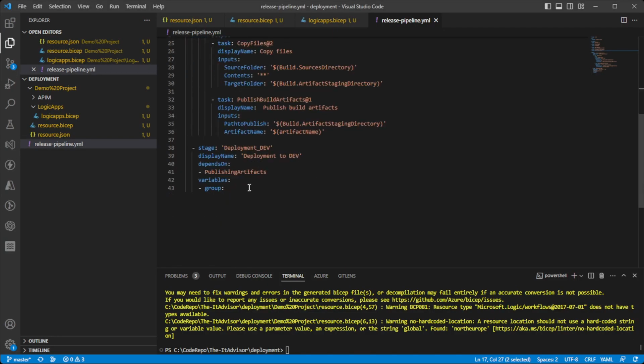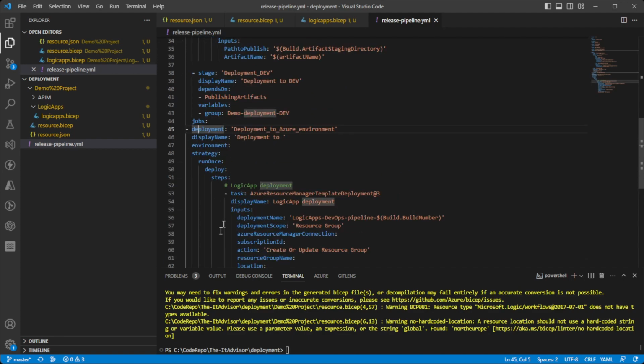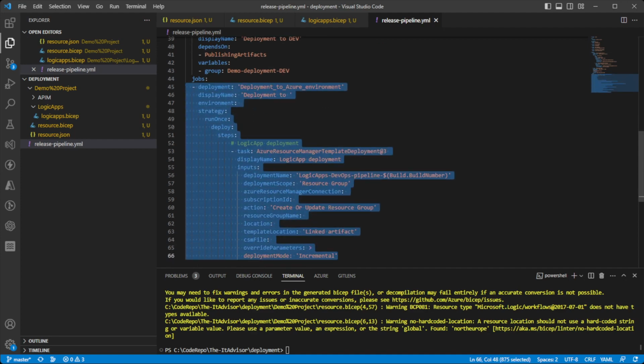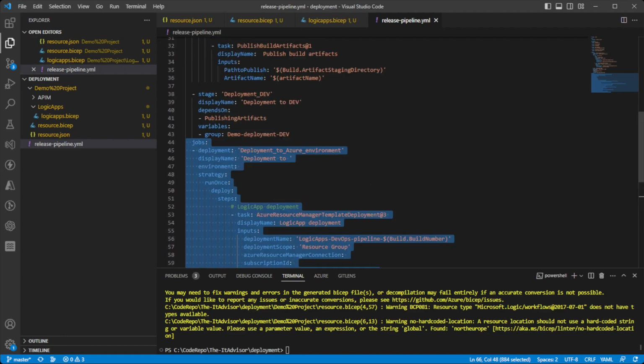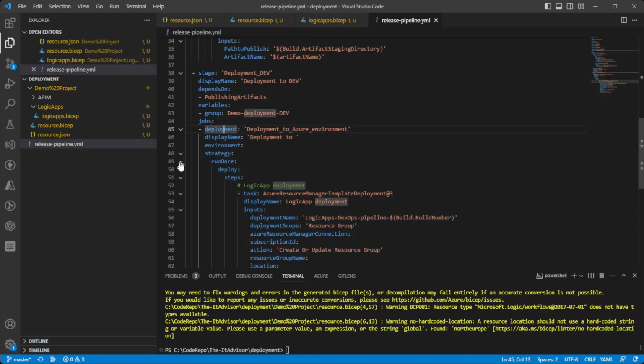So here, the variable group, I put the variable group name, and then I put a deployment job, which I will use to deploy the logic app. I have a template for it. Let's correct the code with indentation. Indentation is very important in YAML files. If you make a fail here, it will become invalid. So I have a deployment job, deployment to, well,